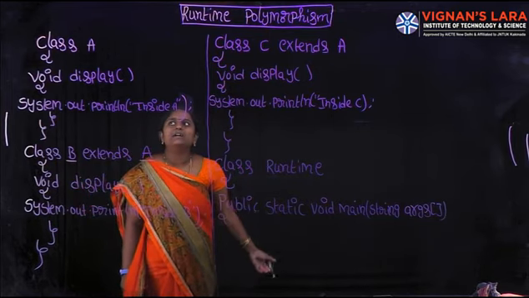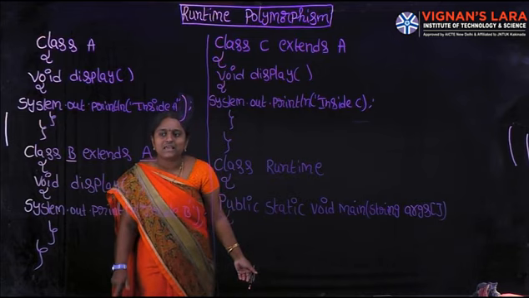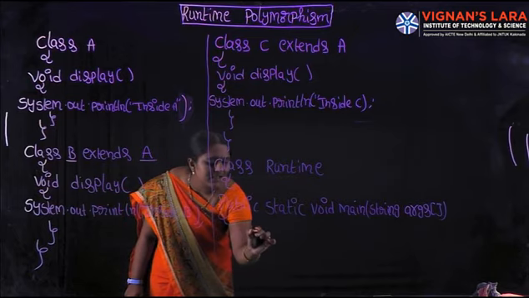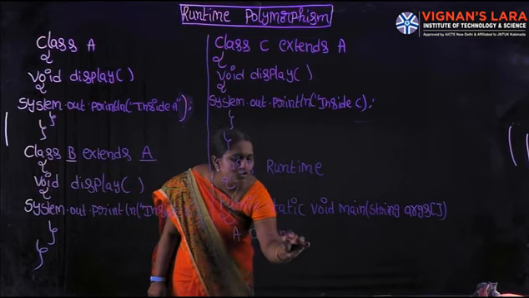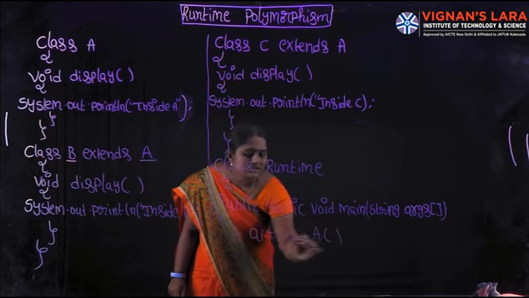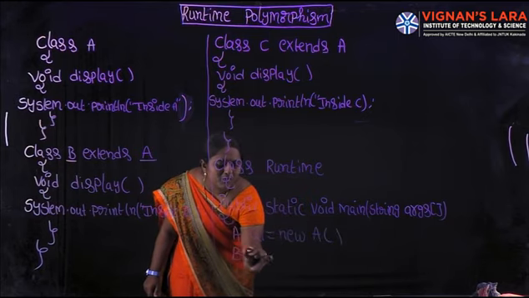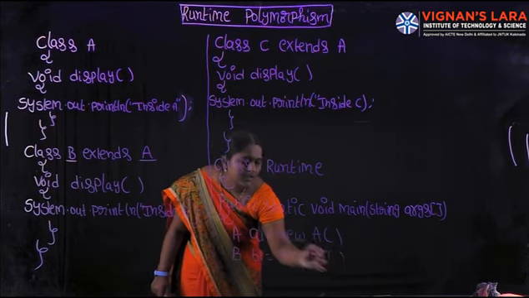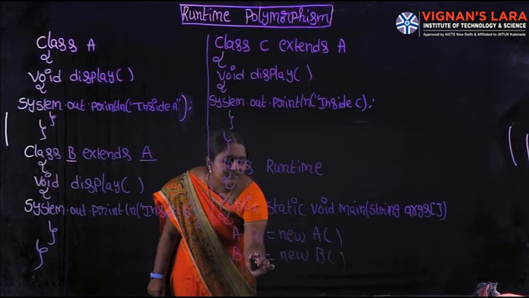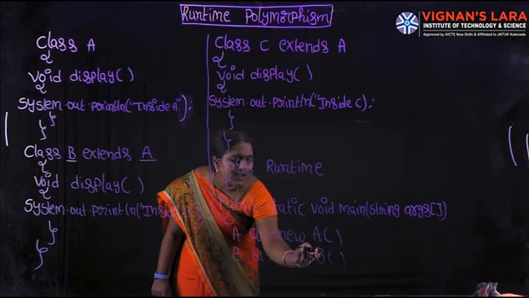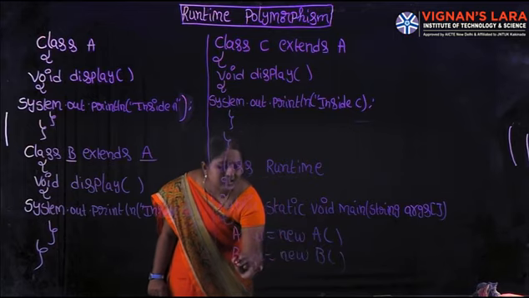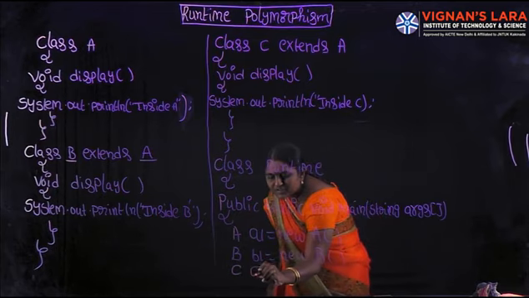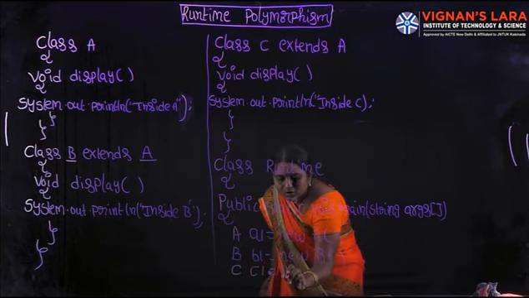Here I am creating objects of these three classes, A class, B class and the C class. A1 equal to new A. Next, in the similar way I am creating an object of B class, B1 equal to new B. Here B is the class name, B1 is the reference variable, new is the keyword. Here B is the constructor. Already you know that the constructor name is the same as the class name. In the similar way, I am creating an object of C class, C1 equal to new C.